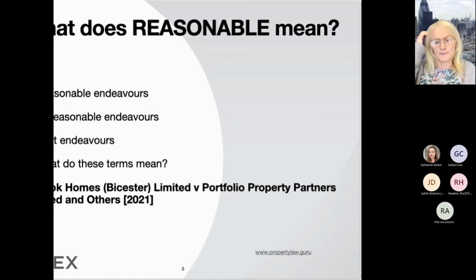The other thing to think about is what if the seller does say, well, you know, I might die, I might get divorced, it may be a company, we may want to sell it. Are you going to allow the seller to sell the land if you're a builder? And if you do, then you've got to think about how the new buyer is going to be bound by that. And normally there'll have to be a restriction on the register saying that there will be no sale of the land without the new buyer entering into a covenant to observe and perform the terms of the option agreement or conditional contract and to perform all positive steps.